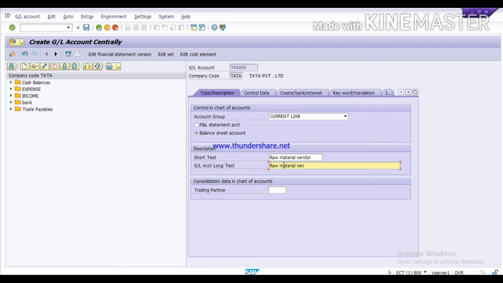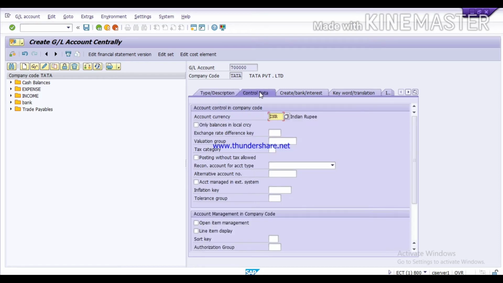Raw material vendor account. Now select control data. Under this we will select reconciliation account for account type. Here we will select vendors and click on line item display and select the sort key 001.